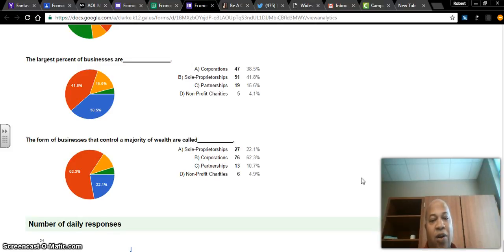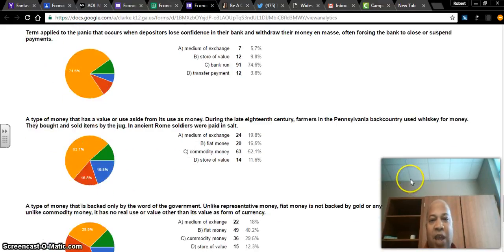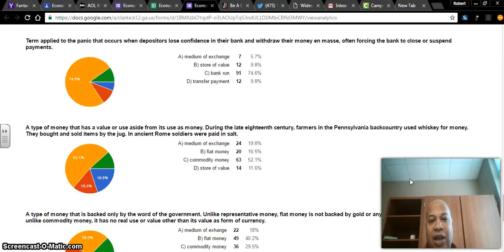and 10% are corporations. However, the businesses that control the majority of the wealth are called corporations. That's why people don't like them. So if you paid attention and thought about it, I can see how maybe product market and factor market were confusing. Businesses and households were confusing. I told you they would be, and some of you just kind of glossed over it.